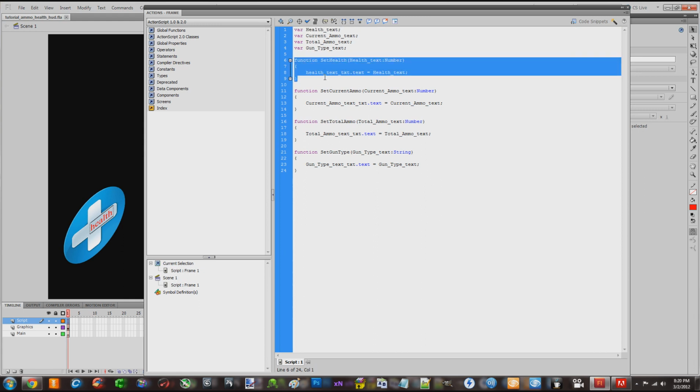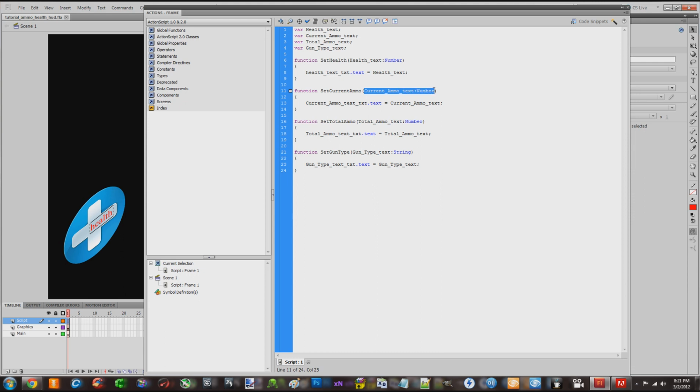Each function is also going to have its own flow graph node. And the parameter or argument inside the function here, this health text variable, is actually going to be an input. So on each function you create, this argument, or if you have more than one argument in these functions, they're going to be input nodes on the flow graph node. So that's something just to keep in mind. Okay, now that I've explained that, because I forgot to last time,